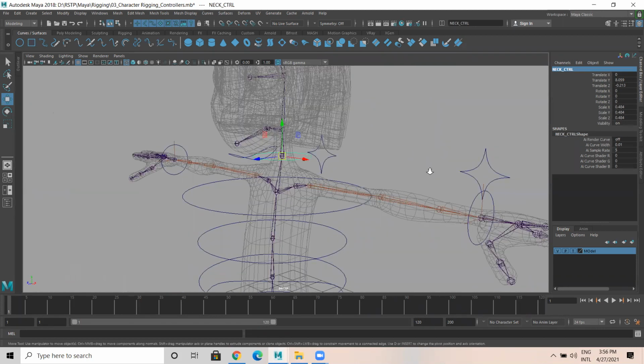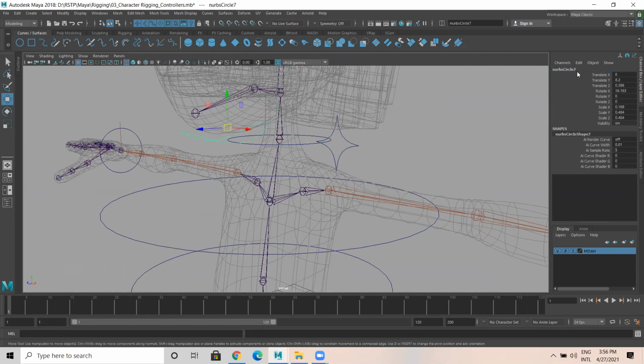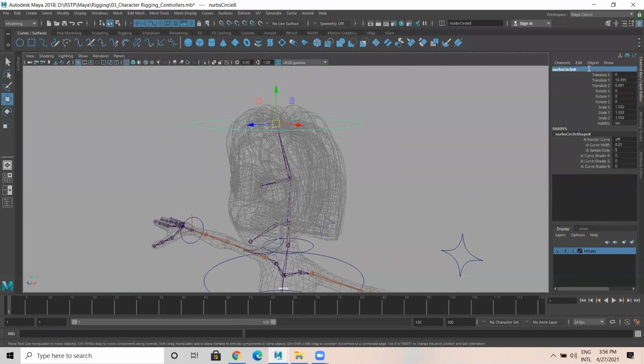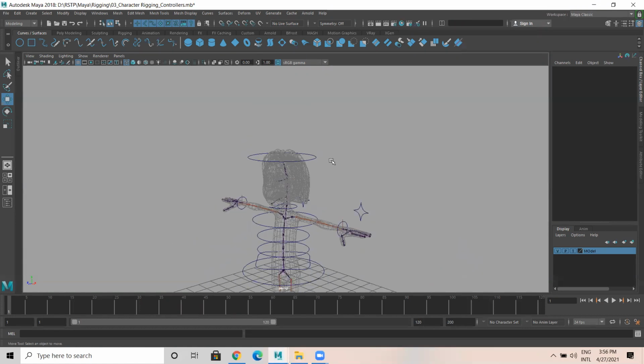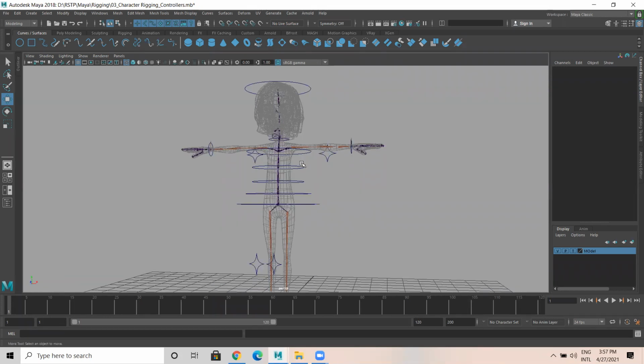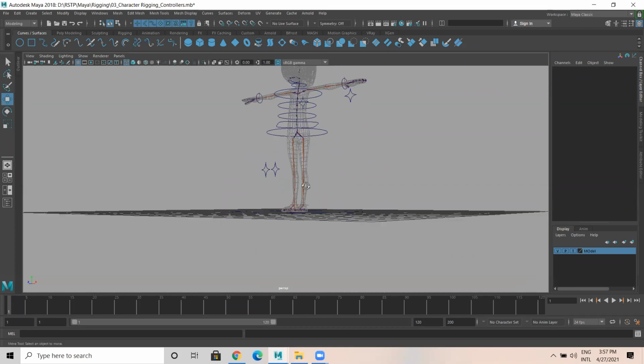And this is the jaw controller. And this is the head controller. Okay, any doubts up to here? I've added only 1, 2, 3, 4, 5, 6. Any doubts? No, sir. Okay.